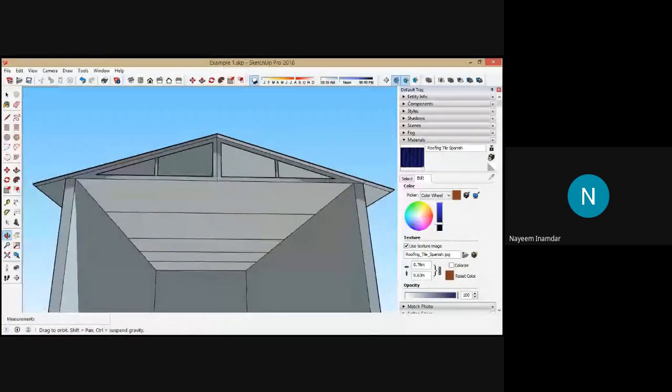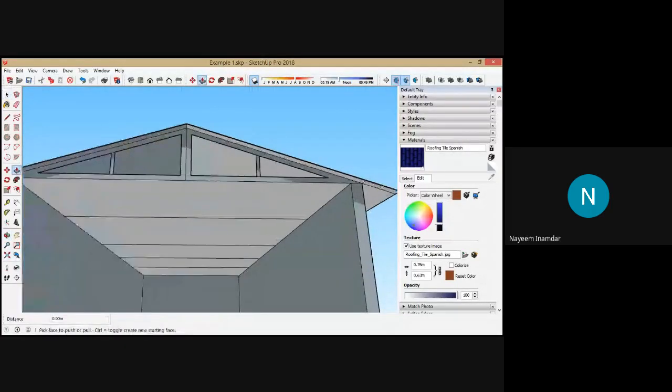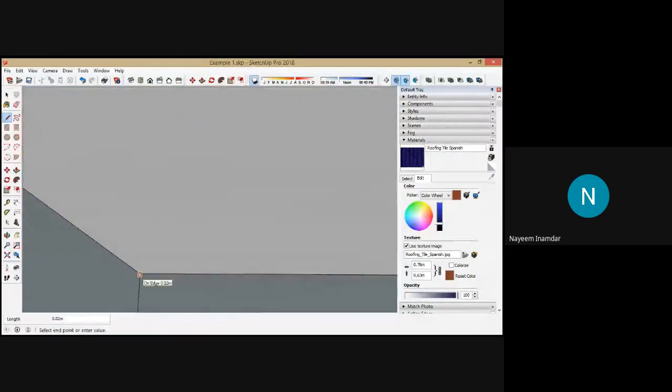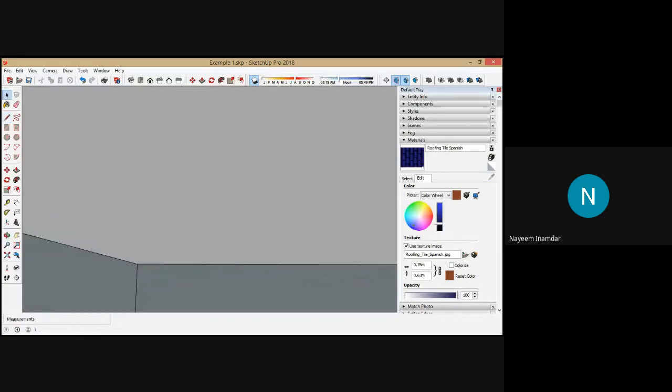Suppose if you want to have some clearance, go to line, go 0.1 meter down, 0.1 meter down here.